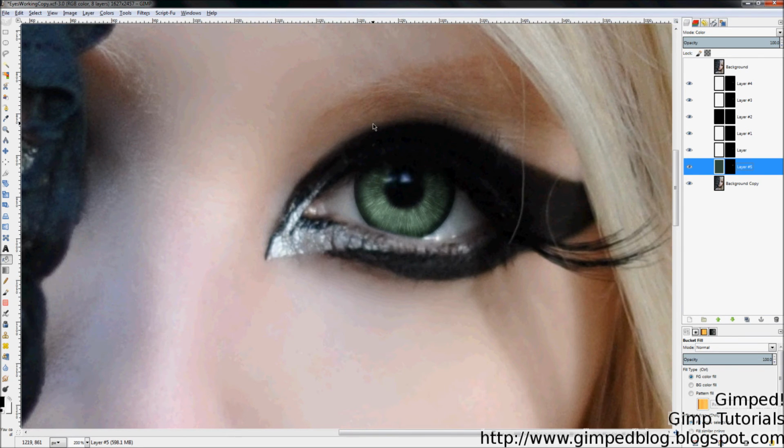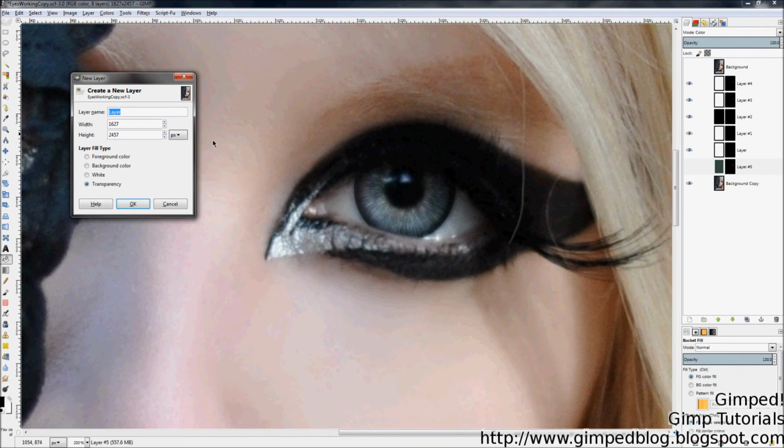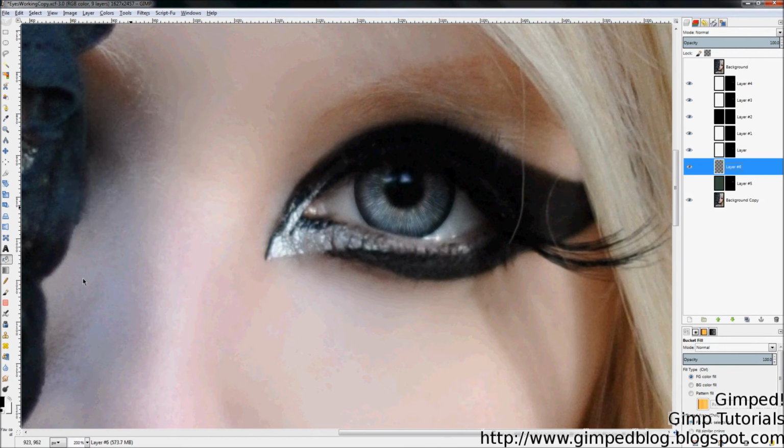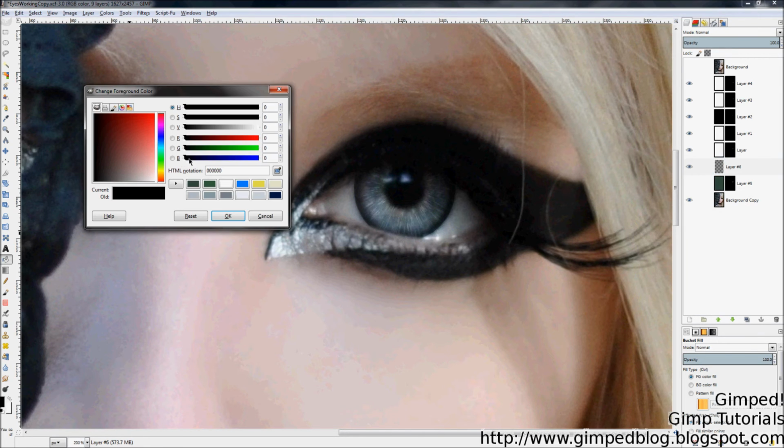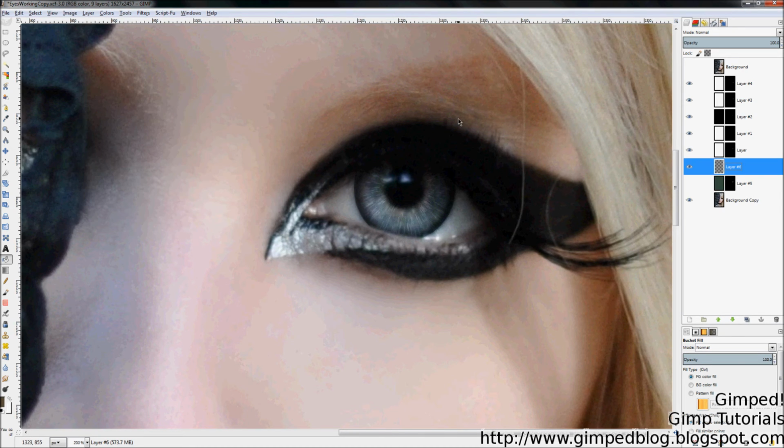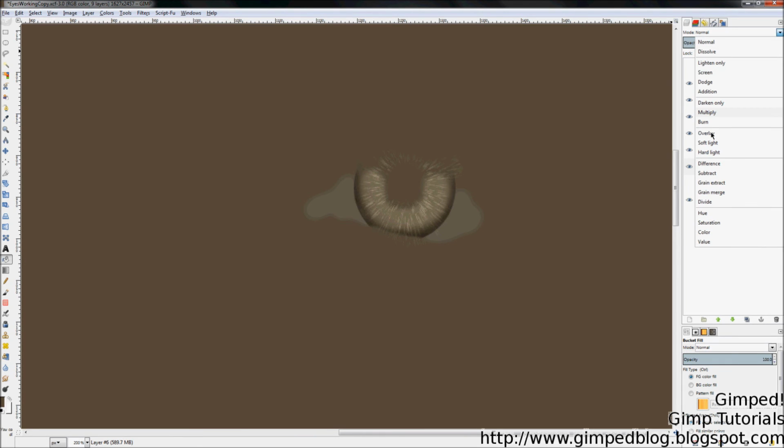Okay, so to create a dual tone, it's a little bit more involved, but not as much as you may think. For now, I'm going to hide this green eye color that I created and create a new layer. So I'm going to right click and click New Layer, set the layer mode to transparency, click OK. And then I'm going to fill this layer with a brown hue because I'm going to create hazel eyes. And just go kind of down in the darker areas and click OK. Fill this layer, set the layer mode to color,